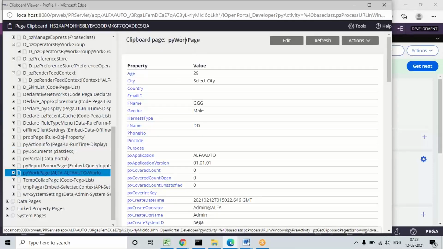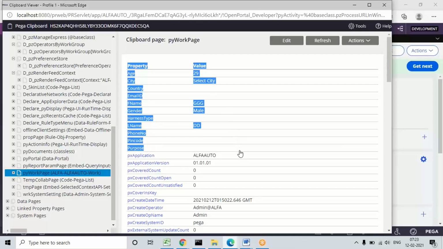On the right side, it will show the page name, and here the page contains user defined and predefined properties. It will hold many properties because it is a page property, a single page property actually. What are page properties and the types of page properties, you will understand in Monday's class. In this it will hold the values for which values are given.